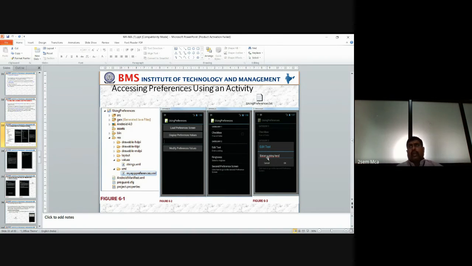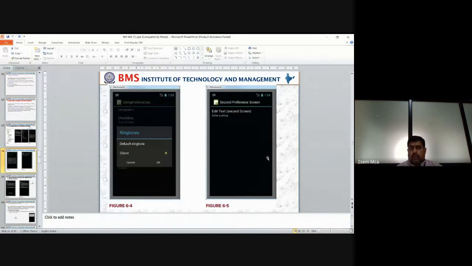For example, I will tell 45 dB, enter. So automatically the plain text will change, like that it may be assumed. So if you want to do these types of apps, you are going to use accessing preferences. So this is a thing, and coming to the next thing, you can see even ringtones, default ringtone, silent if